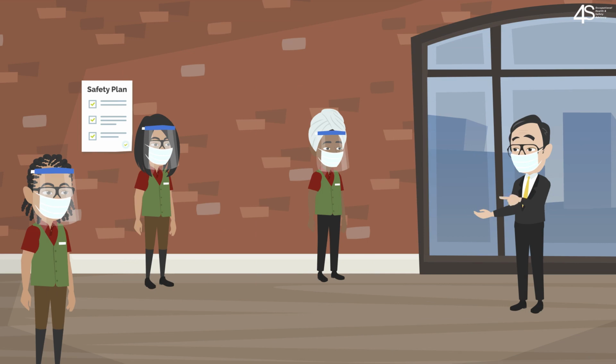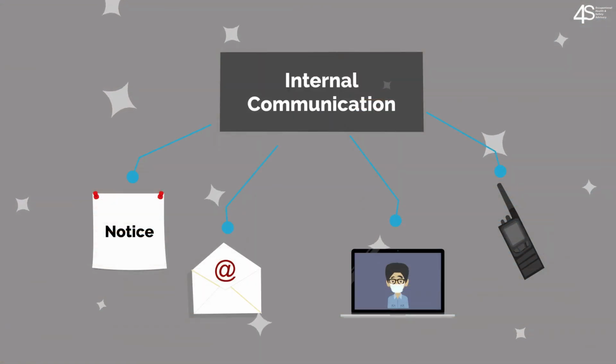Provide clear information and instruction to your workers. Make sure that they know what they need to do to protect themselves and others. Ensure that they know how to follow your plan's work and hygiene practices, including all new safety measures. Set up or use your current internal communication systems to provide frequent reminders and updates. Use a variety of ways to teach your workers, such as posting notices in common areas, emails, virtual team meetings, and intercom announcements.